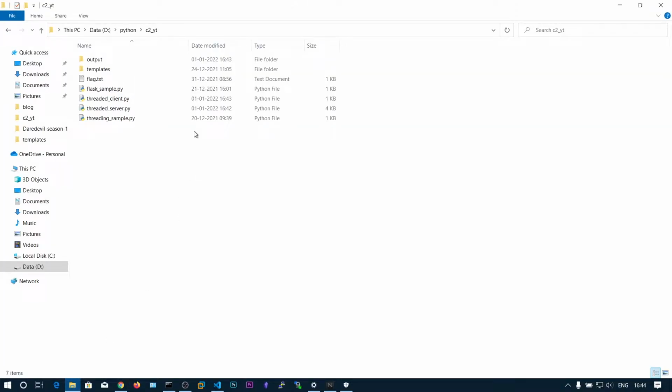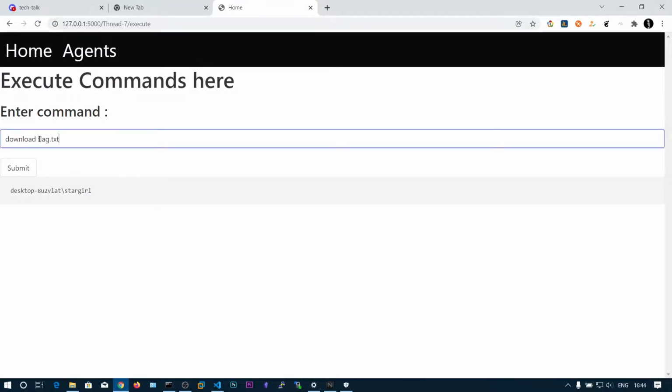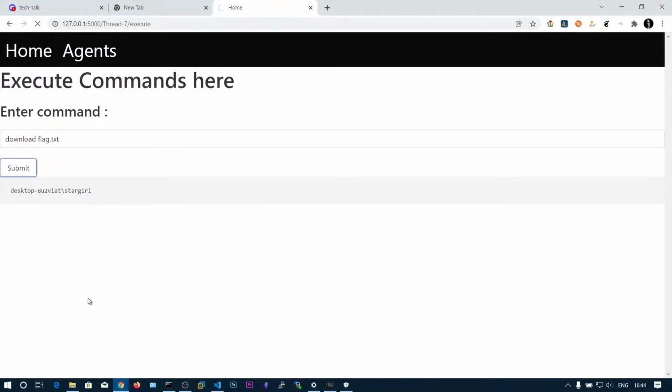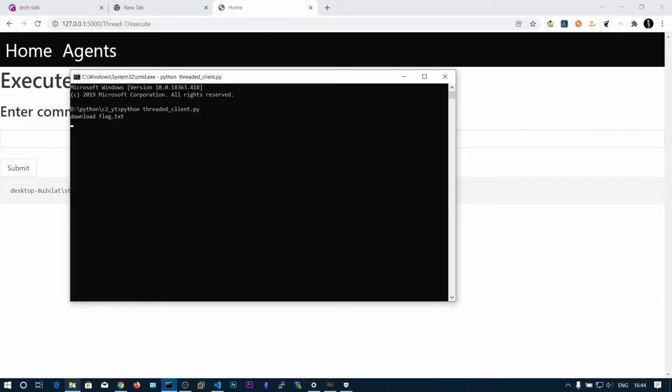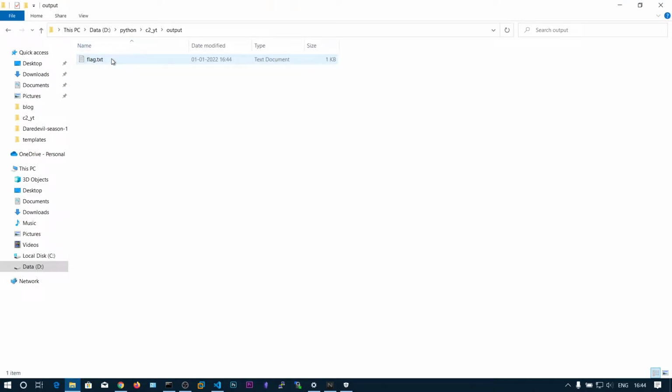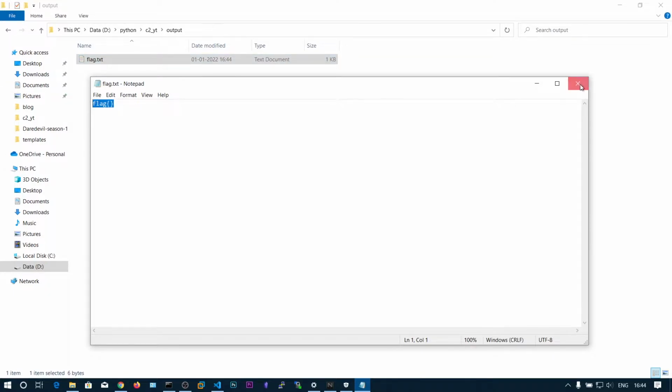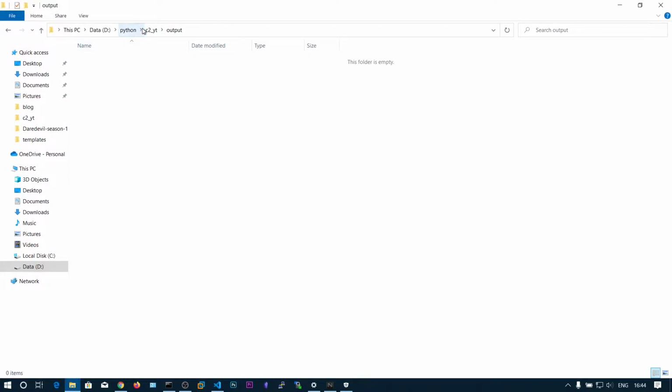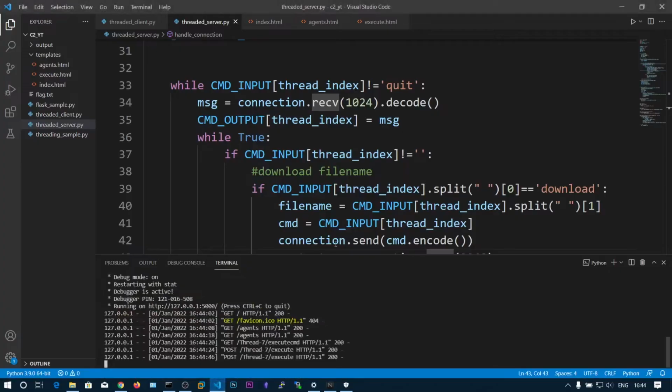One thing you need to remember is the file directories the client is running. Since both server and client scripts are running from the same directory, we can just give flag.txt. Let's submit this one. Let's go to output, and you can see flag.txt. Let's delete this, and what we are going to do is